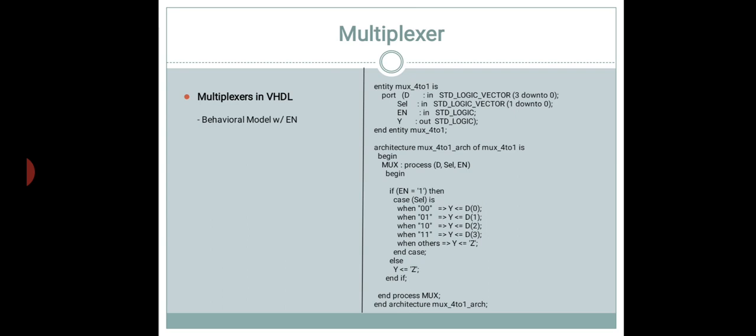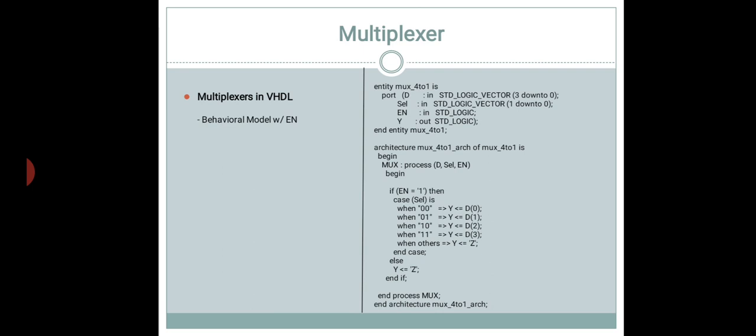For defining a multiplexer by using behavioral modeling, we will have to use a process statement. As in the earlier case, if I want to implement a multiplexer by using structural modeling, we must have a component declaration and component instantiation. Similarly, for multiplexer design by using behavioral modeling, the process must be defined. In this process, we have considered the sensitivity list as input D, select line and enable line. According to that, we have used an if statement.